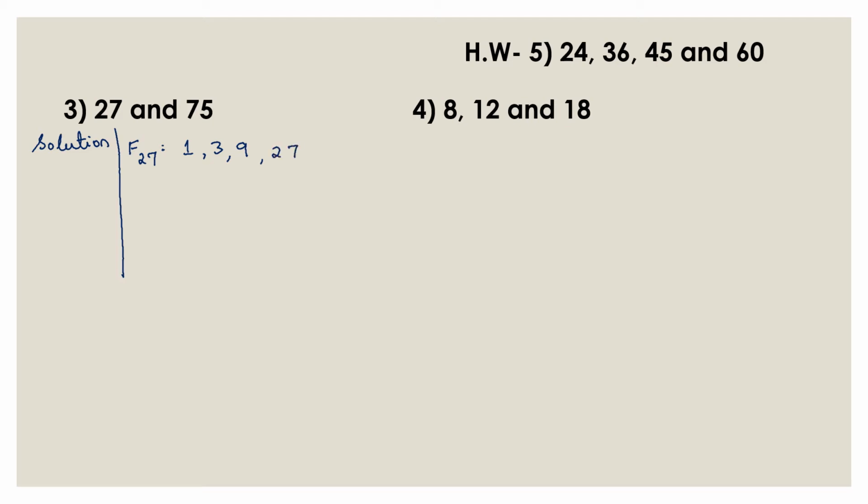We have the next number, 75. So let's find the factors of 75: 1, 3, 5, 15, 25 and 75. So we have found the factors of 27 and 75. Let's proceed to the second step, that is common factors. Let's say what are the common factors between